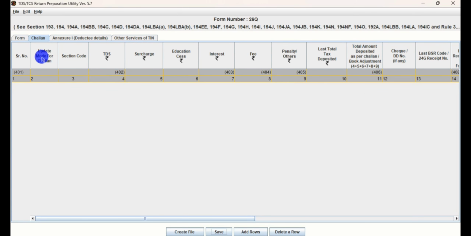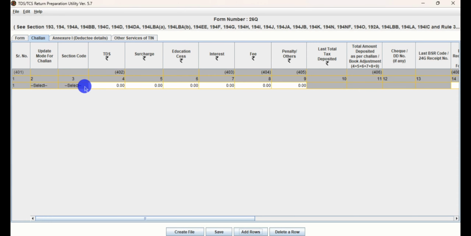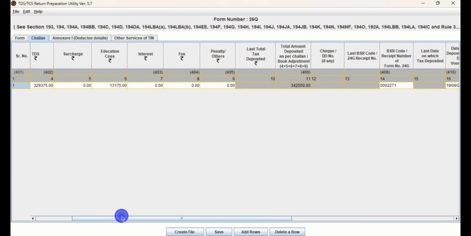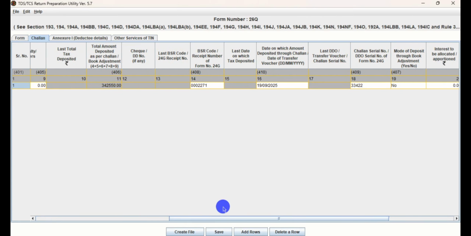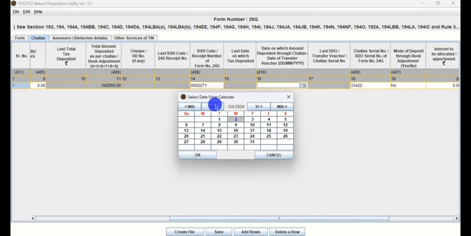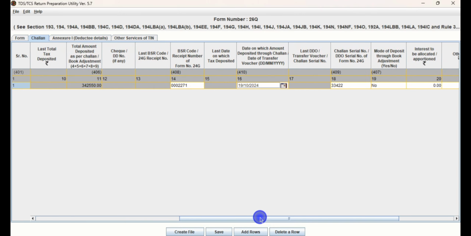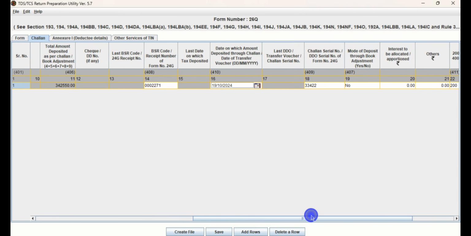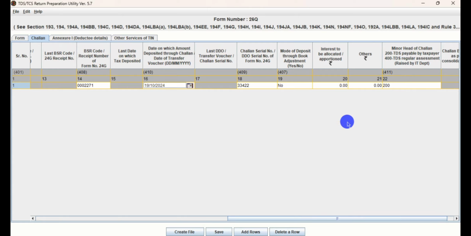Now going back to entering the challan, first you have to click on add rows. If you are entering one single challan, enter one and press OK. Now one row will be added here and you have to fill in the details as per the challan that is being paid by you. Here I have filled all my details from the challan. When you have to enter the date, you can double click and select from the calendar, and proceed to the date on which you paid the challan. You can click on this and OK, and I have entered the challan number, amount, and other heads on which I have paid. Now let me just save once more.